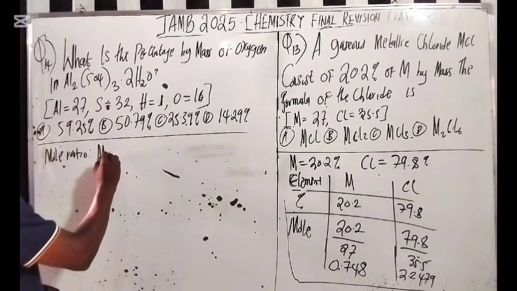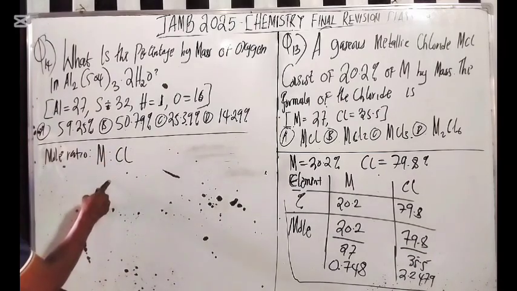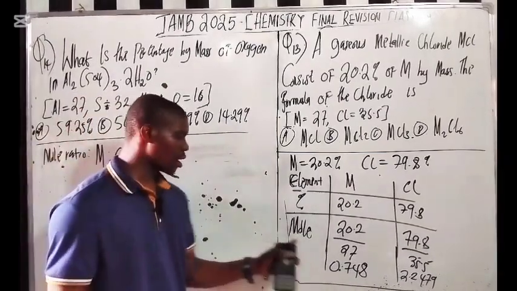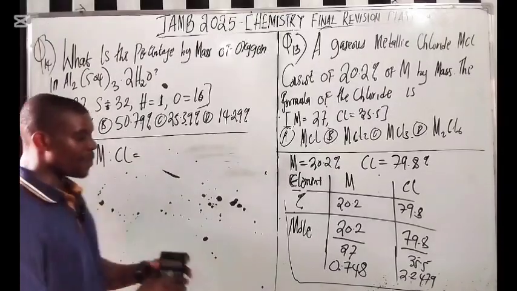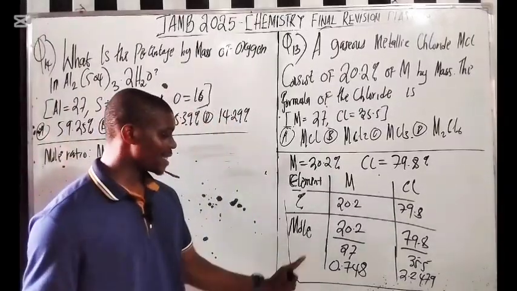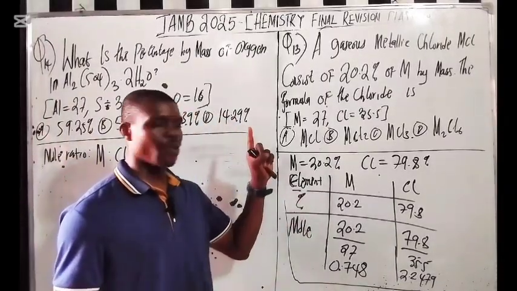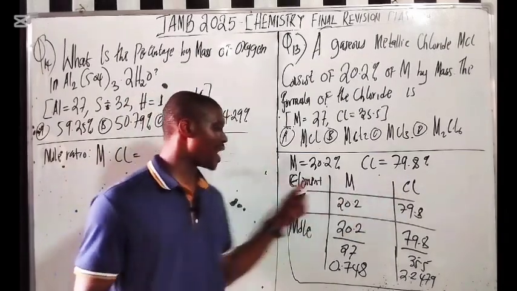The metal ratio what? The chlorine. Just that metal plus what? Ratio what? The chlorine here. You're going to divide by what? By the simplest mole, right? So the first step, now to solve this kind of question, the first step is to write the elements, then